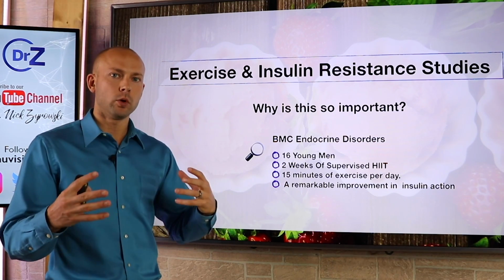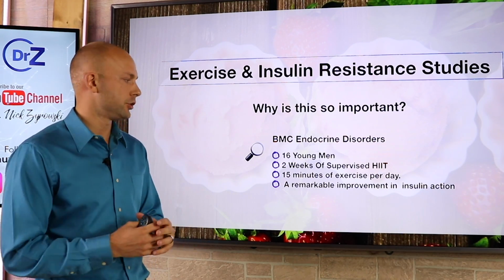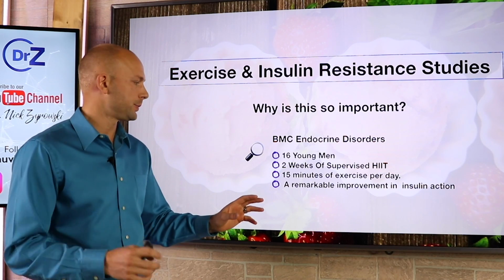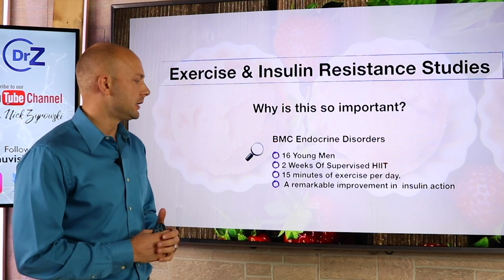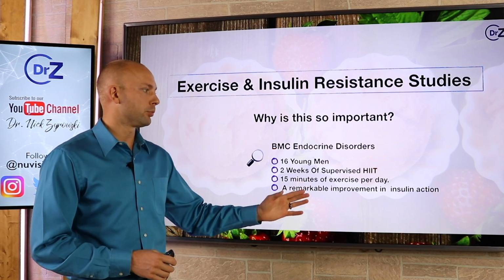And like I said, if you're wondering about the details of high-intensity interval training, I will get to that. I will explain this whole method in just a moment. I just want to talk about some of the research behind it first. Over a 2-week period, they did the HIIT, 15 minutes of exercise per day, and they found remarkable improvements in